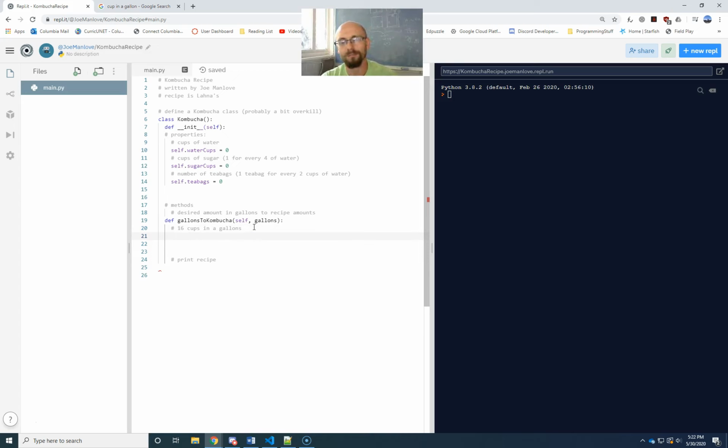Okay, and I'm ballparking this. This is going to be a little bit off because when you pour a cup of sugar into several cups of water, I think you get slightly more than several cups of sugar water. But whatever. Okay, so self.water_cups is going to equal 16 times gallons. So I am just naively assuming that when I say I want a gallon of kombucha, that means I should use 16 cups of water. It's probably a little less, but again, whatevs. Okay. And then